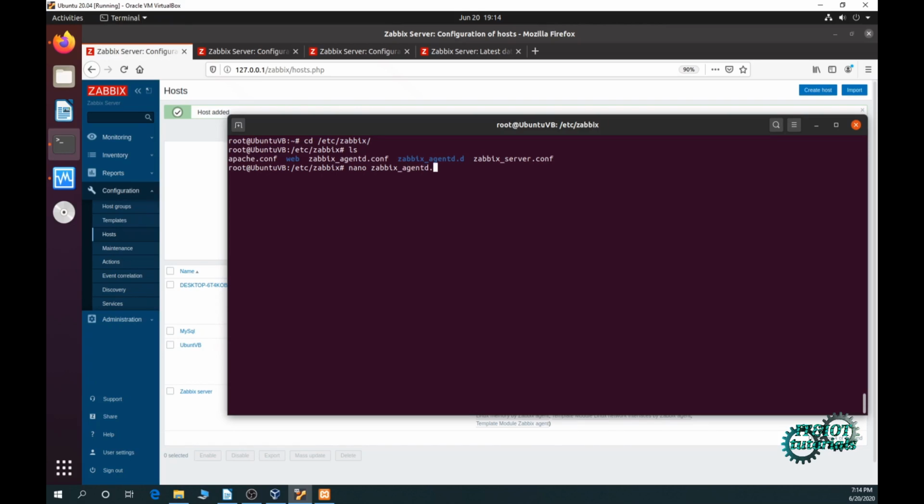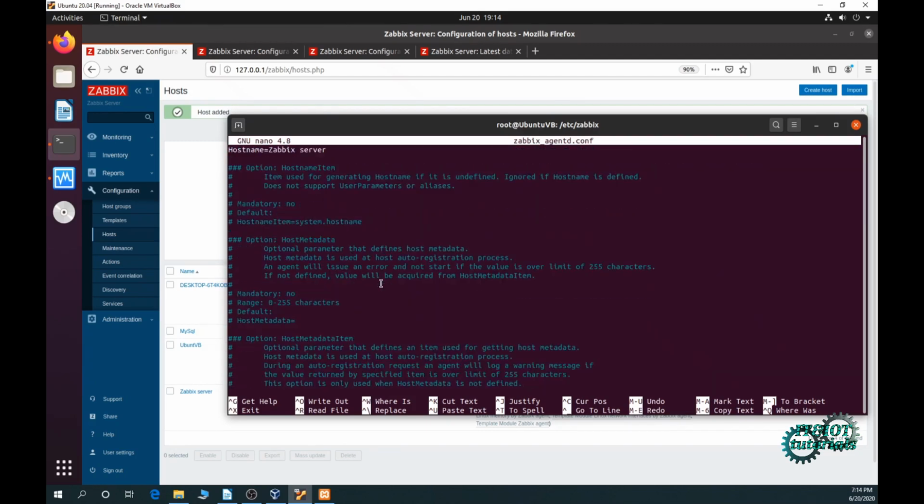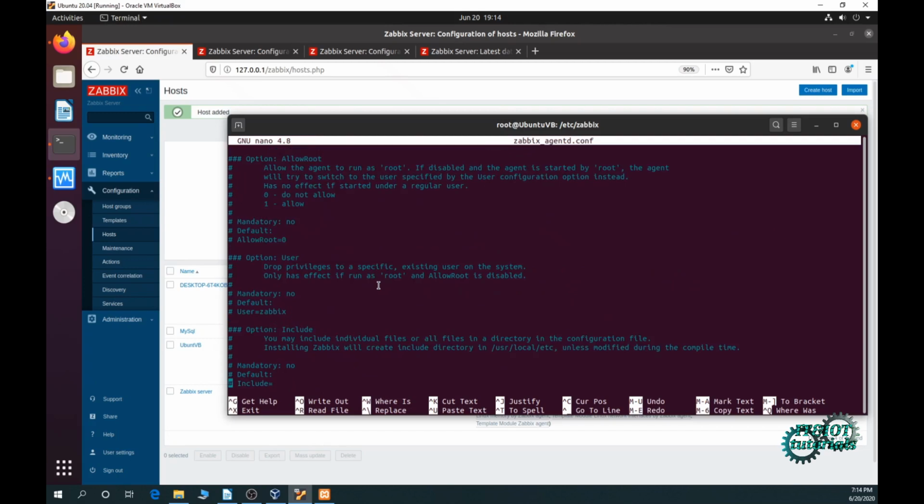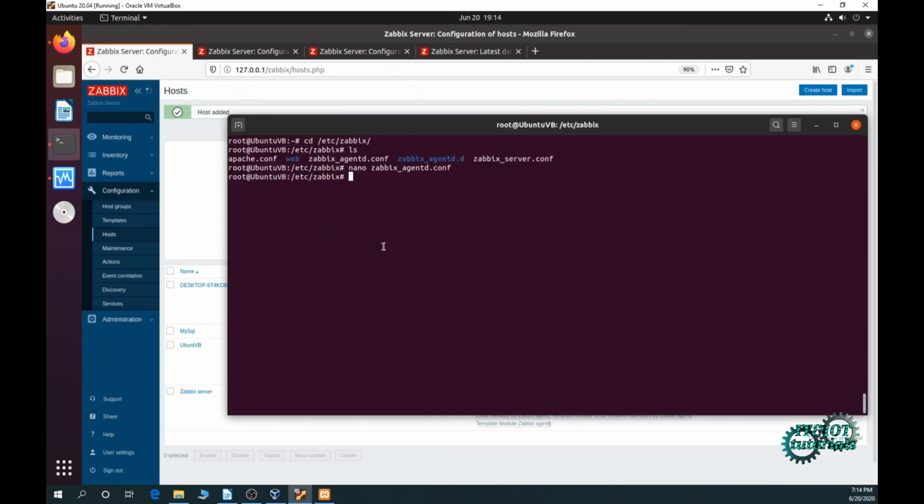Nano Zabbix-Agent config. If we scroll our file, okay, include. Here we have to copy our config files, and that is right here. Now to check, cd Zabbix-Agent directory ls. Okay, here's our user parameter file,